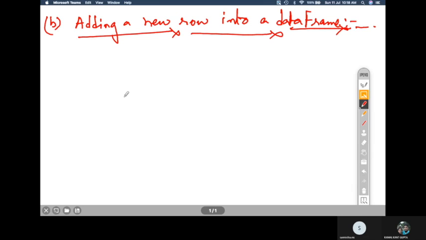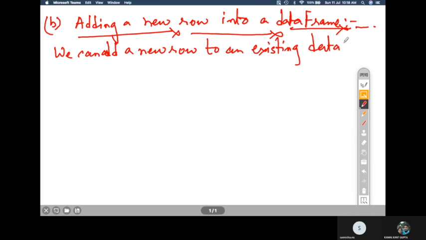Not a method actually, attribute, the location attribute, LOC. Using that we can add a new row to an existing data frame using the LOC attribute.